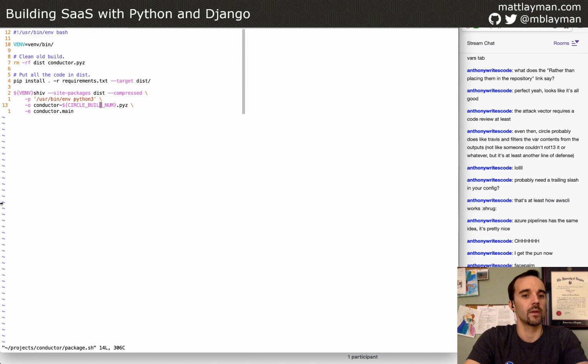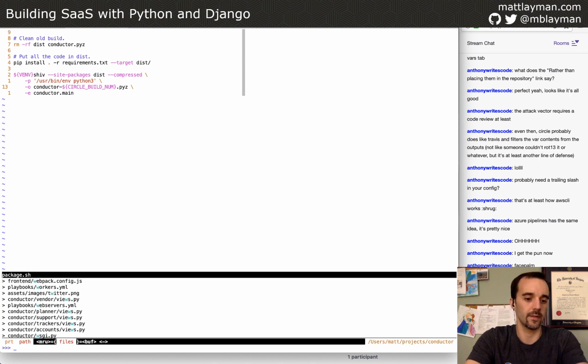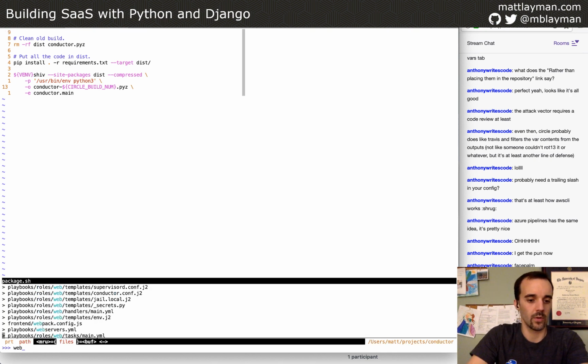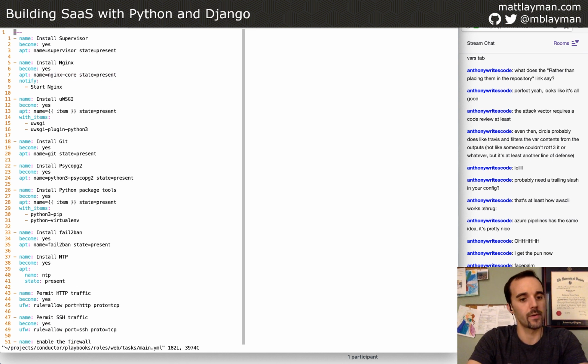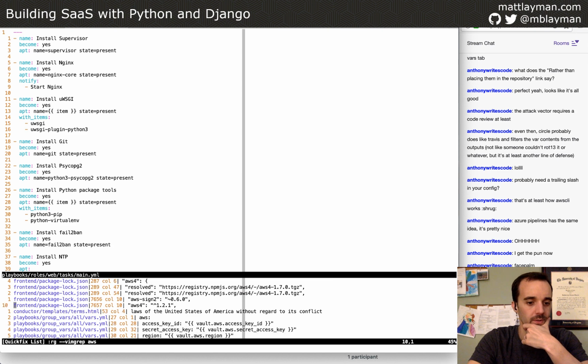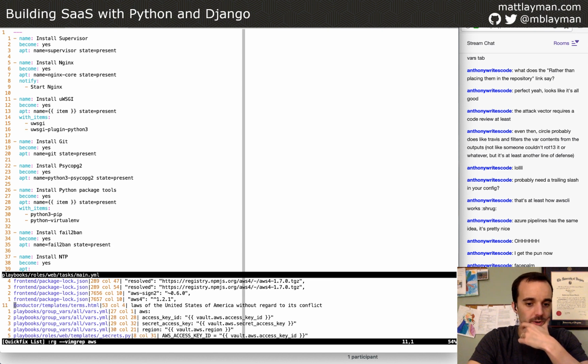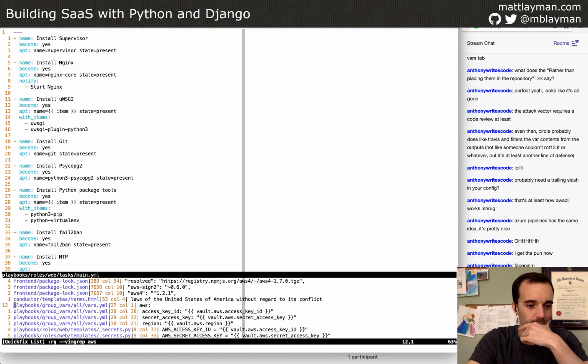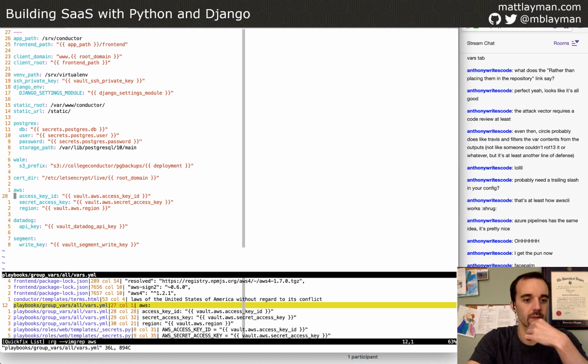Okay, so this is going to be in the web roles. And I guess first let's search for AWS. There's some stuff in there. So I definitely have the keys available and the region